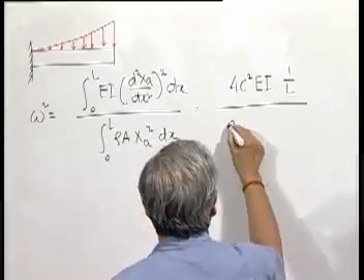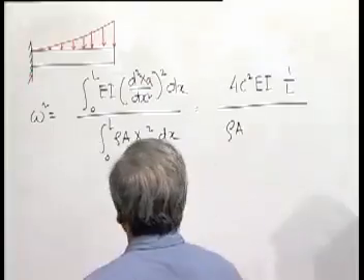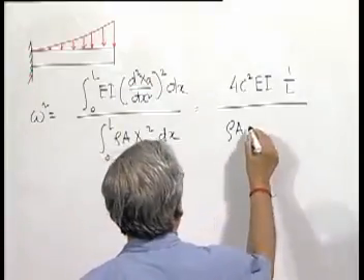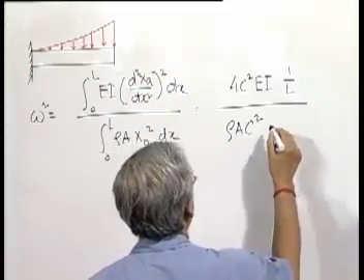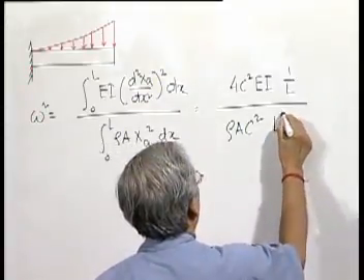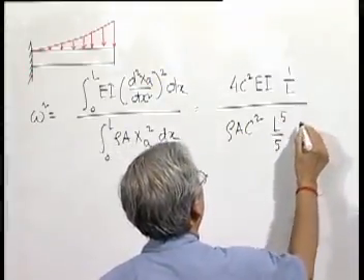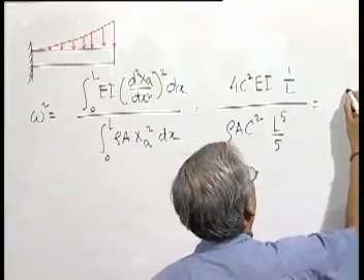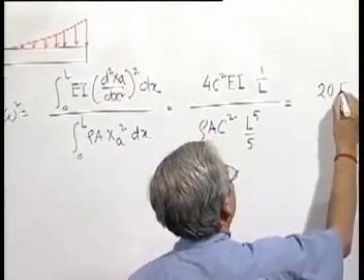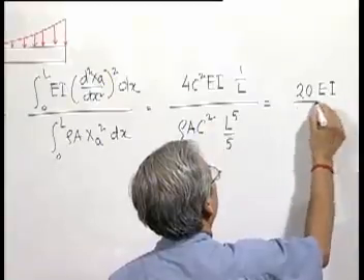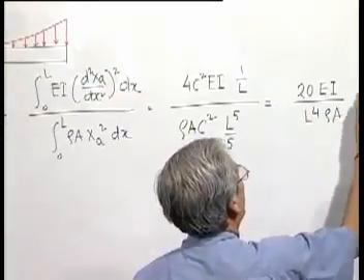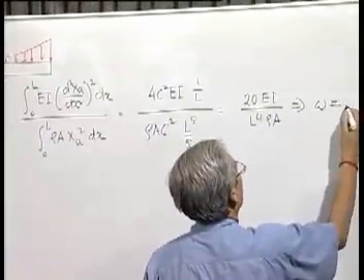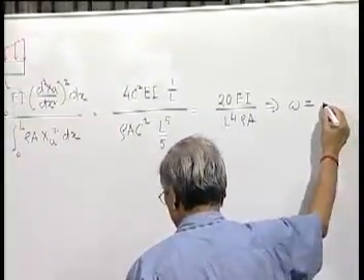Rho A x² that is c² x to the power 4, if you integrate it will be simply L to the power 5 by 5. So that is 20 EI by L⁴ rho A, or omega is approximately square root of 20 is